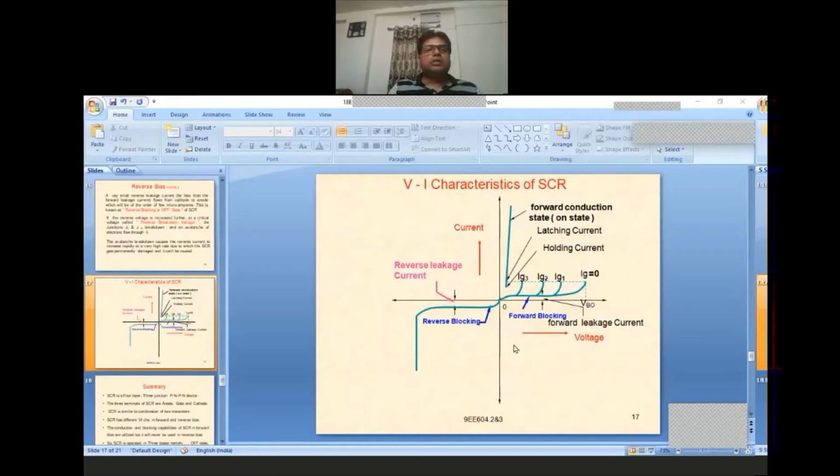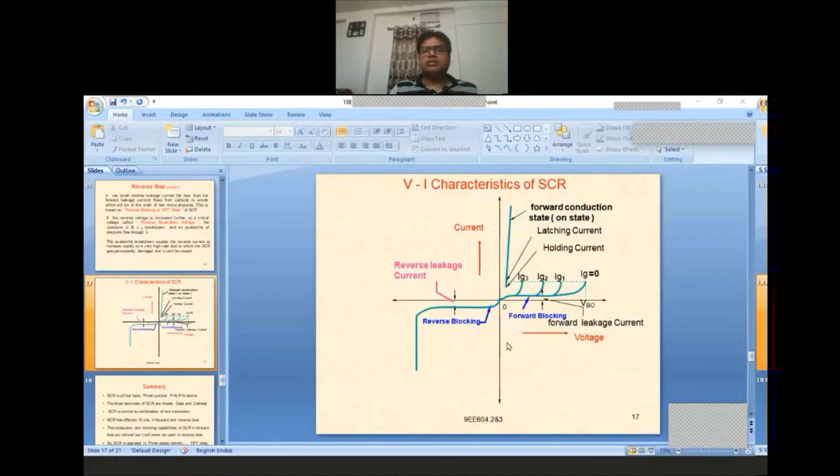Now we will keep our focus on the main characteristics of SCR, the VI characteristics. You might have noticed a difference in the sequence in which we call this. Normally in the previous subjects, you might have come across these characteristics of electronic components as IV characteristics. In this case, mainly the voltage is the main cause and the current flowing through the SCR is the effect. So it is taken on the y-axis and voltage is taken on the x-axis. So they are called VA characteristics of SCR and static characteristics of SCR.